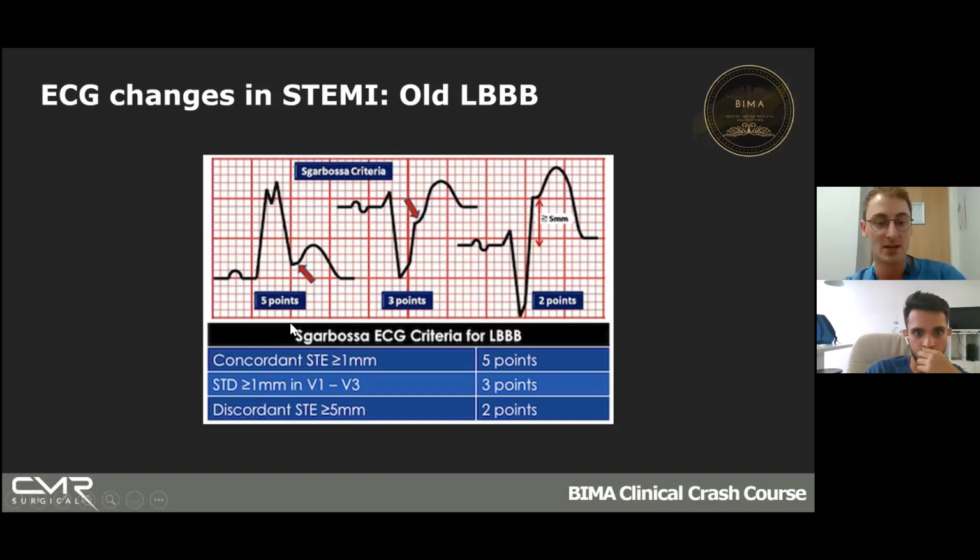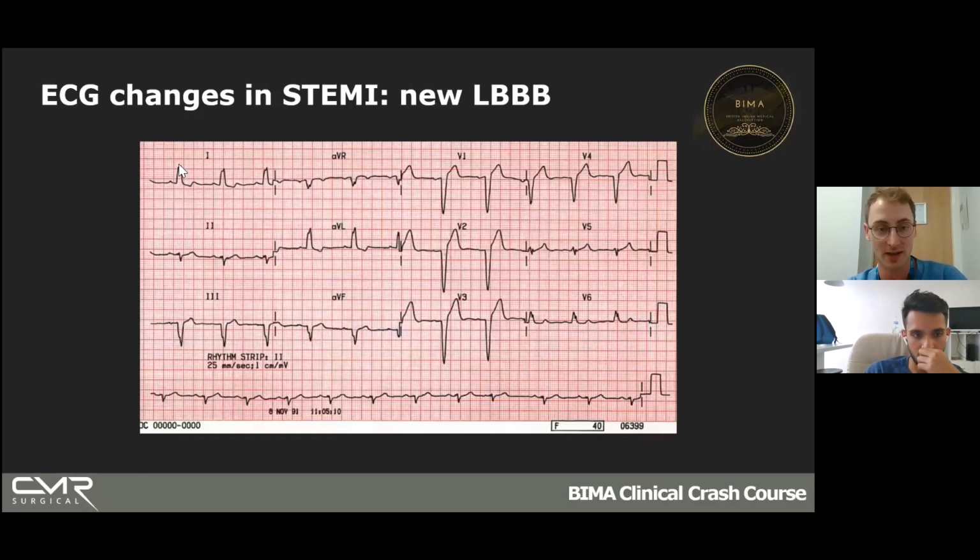Number one is concordant ST elevation more than 1 millimeter. What this means is that when the QRS complexes, so you can see on the left-hand side, go up, if the ST segment is also elevated more than 1 millimeter, it's bad news. You basically have an MI. So let's look at this left bundle here. Look at lead 1, top left. You can see that the QRS complex has gone up, and in normal left bundle branch block, you have some ST depression. This is what you would expect.